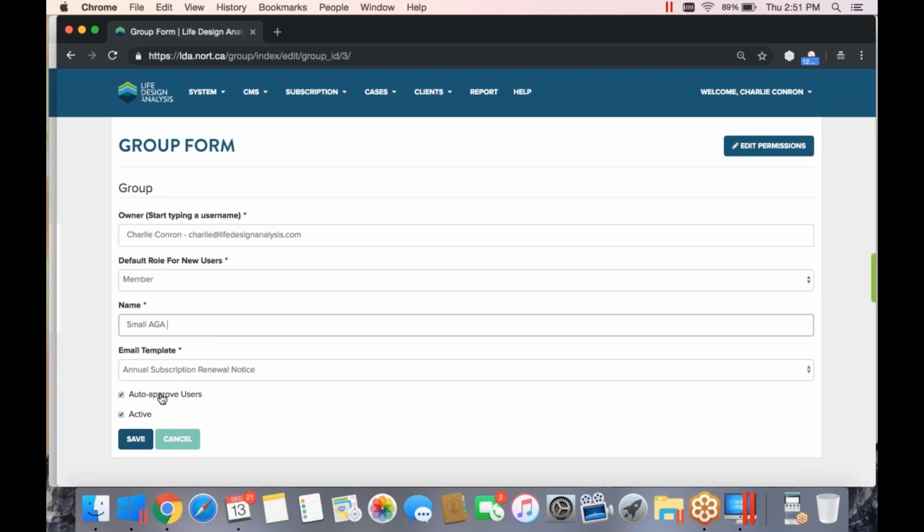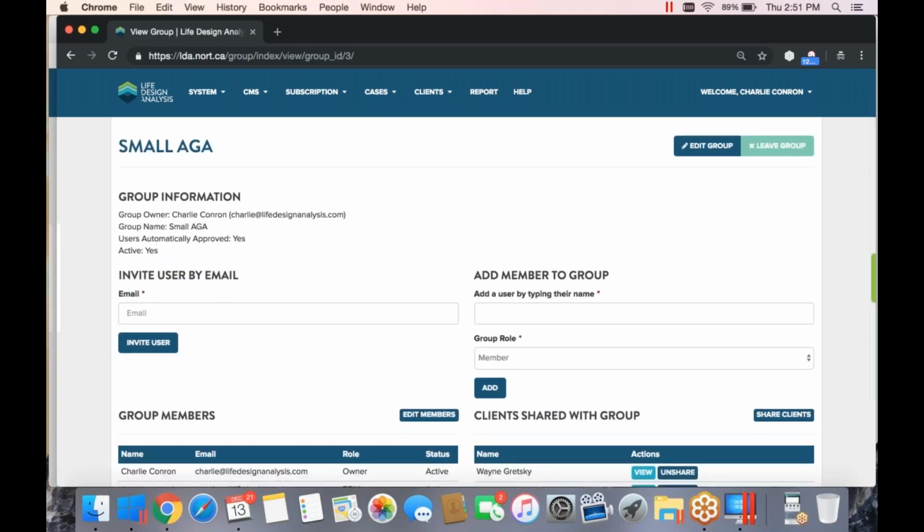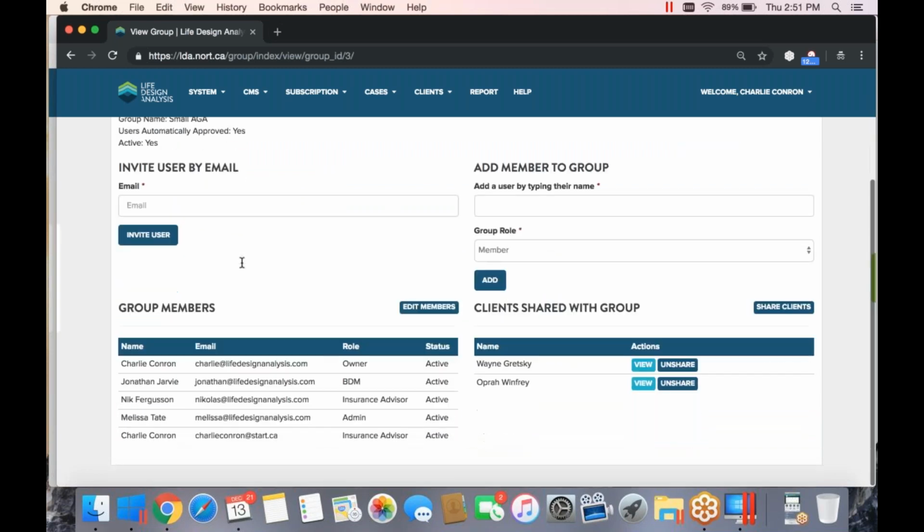And again, I can say to auto approve members. So I can set certain things like the name of it. I can invite all of my team members onto the platform by sending them an email. And you can see my group here is comprised of myself as the owner. I've got John set as my BDM. Nick's my insurance advisor, and I've got Melissa as my admin, and you can see I've got my secondary account